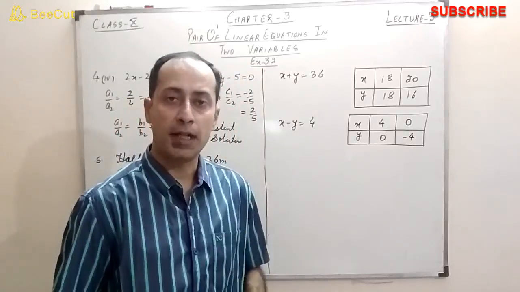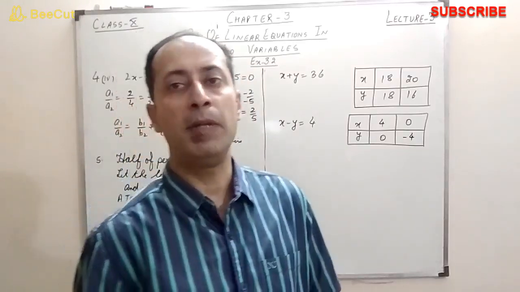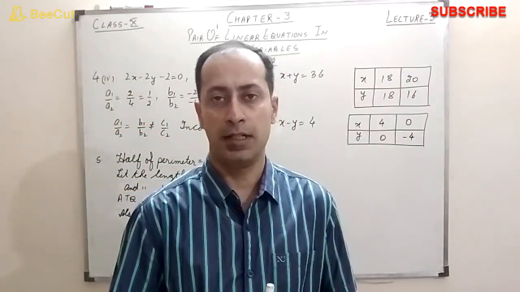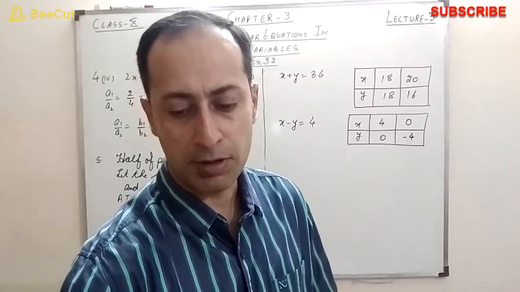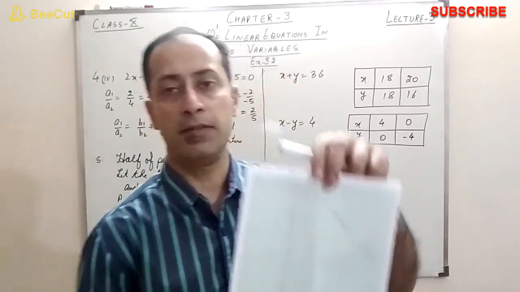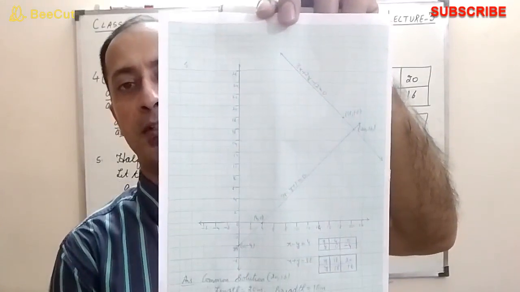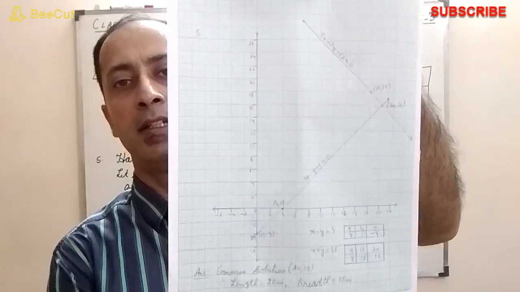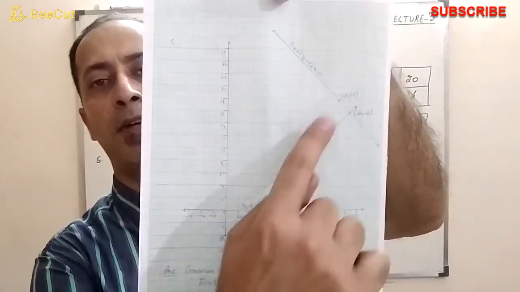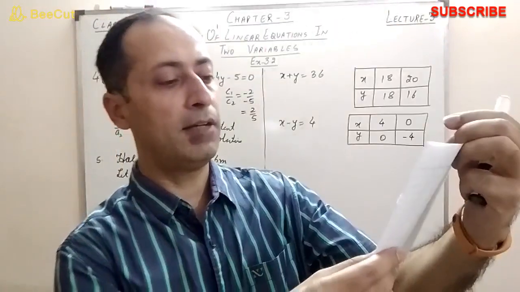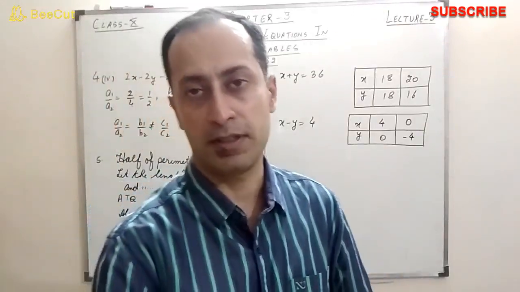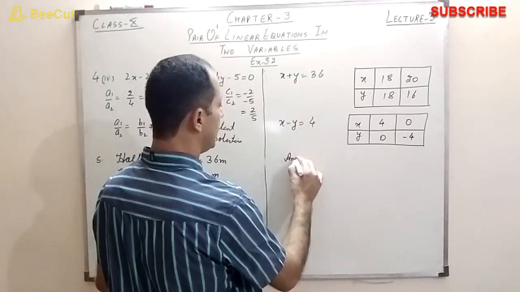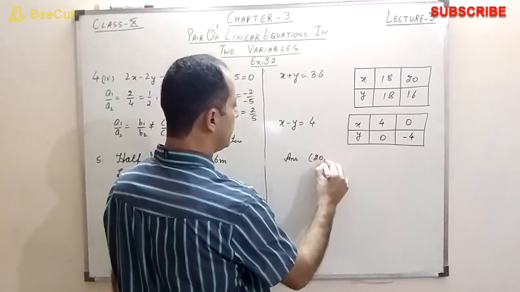When you draw the graph of this equation, the lines will be intersecting lines, and the point where the two lines meet will be our final solution. So I have a graph for you. I've already made it, you can see this graph. I hope it's clear. If it is not, then you can go to the description section where I will be sharing it. This is the point where the two meet, and the point is 20, 16. That is the common solution. Therefore, the answer is the point 20, 16.